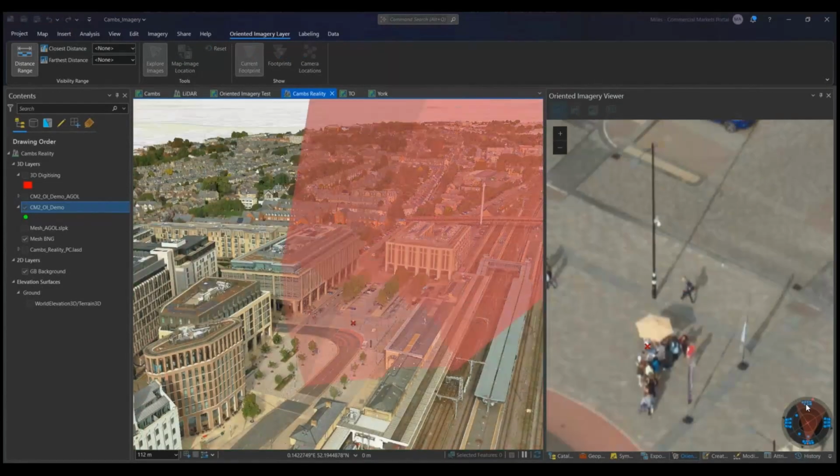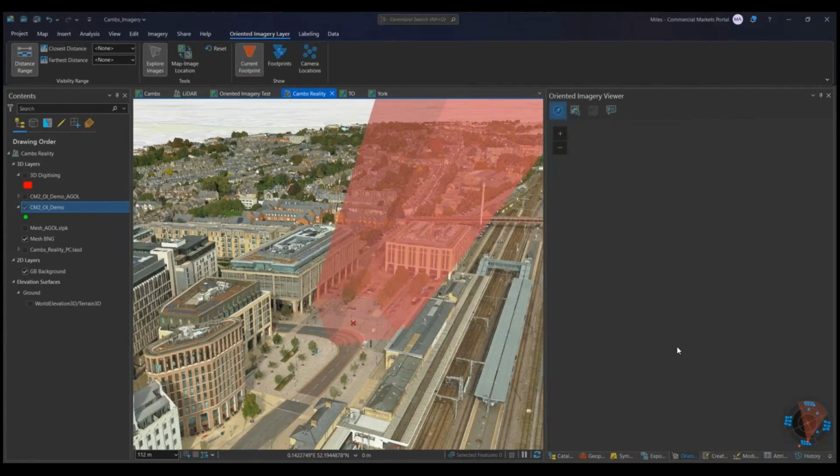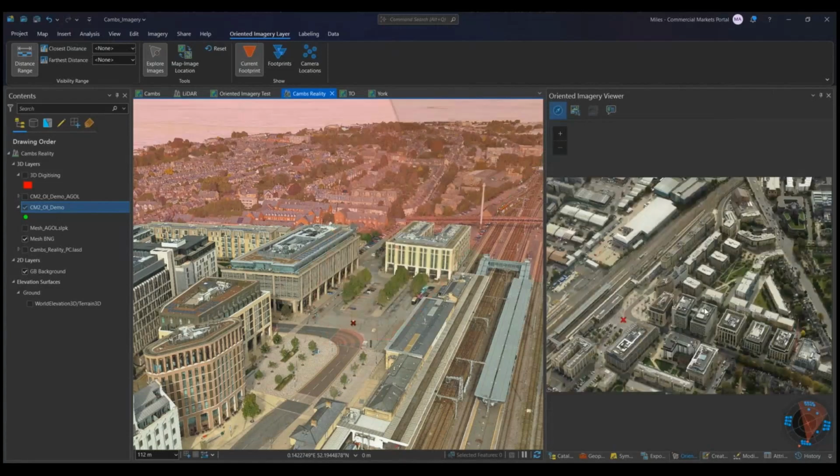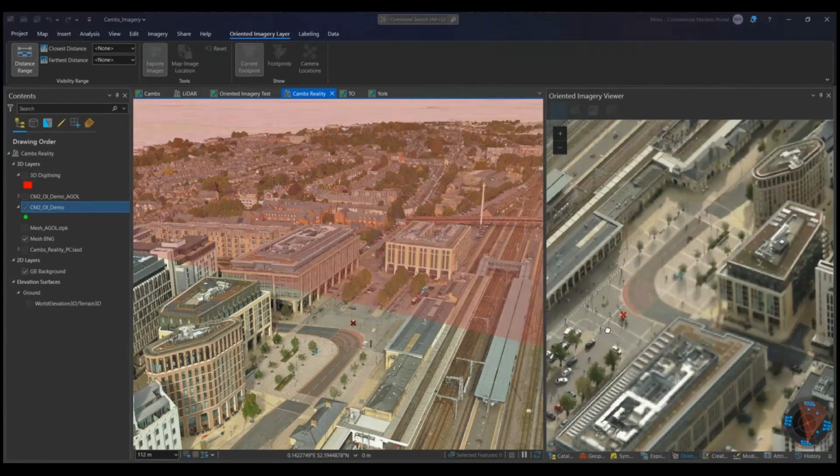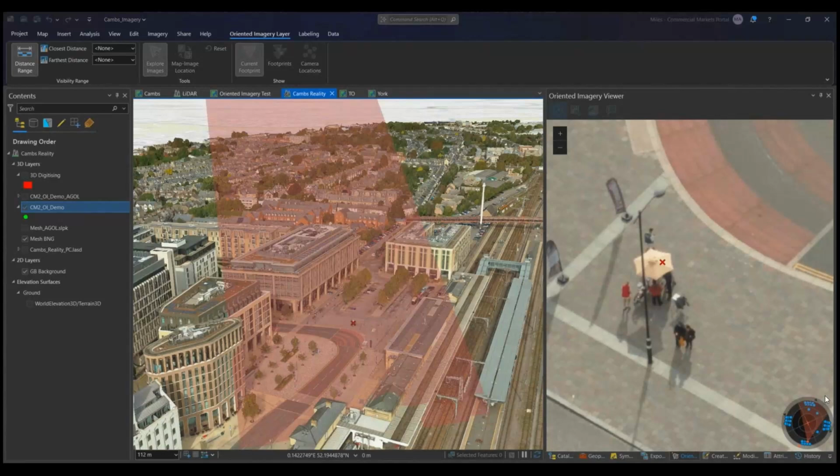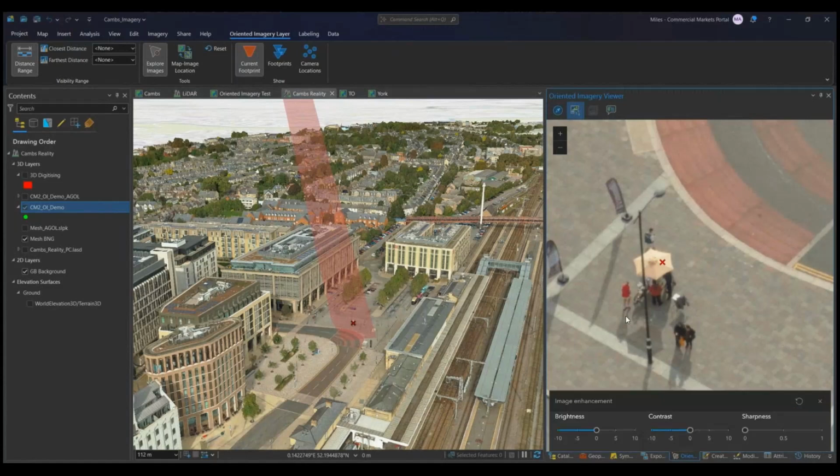Nope, that has not. Let's try again. Give that a second. There we go, it's worked this time. So you can see how with the oriented imagery, you can use your compass to assess and work out the view you want to see. Now, really handily, we've also got image enhancement, so we can play with the brightness, contrast,